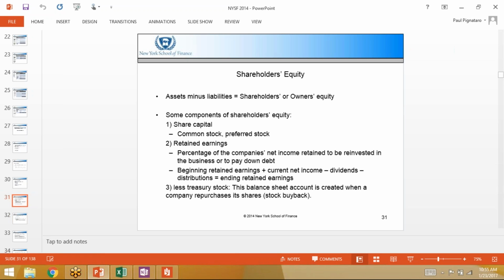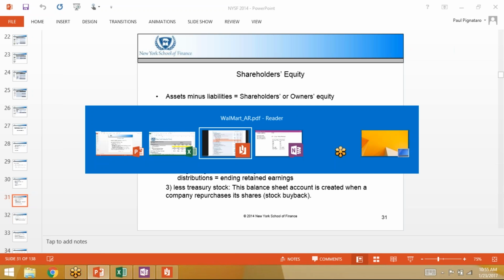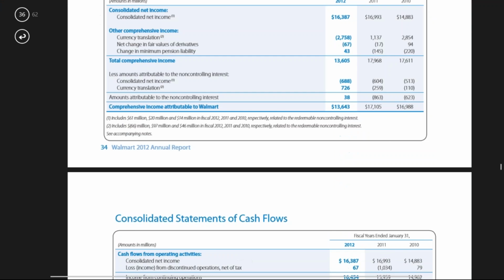And so what we're going to do is look at Walmart's balance sheet and lay things out. Probably just do it together. It's going to be quick. And get familiar with Walmart's balance sheet and then talk about how to project it. So just quickly looking at Walmart's balance sheet,